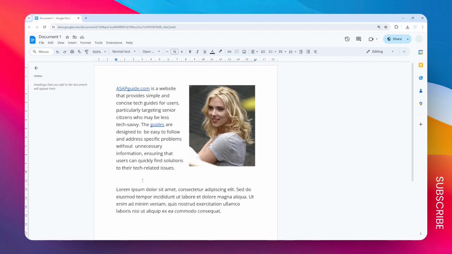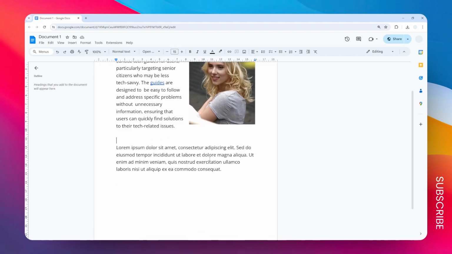This is the quickest way to change the line spacing in Google Docs. So basically, line spacing is the spacing between one line over another. So it could be the spacing between this line and this line. By default, the spacing in Google Docs is around 1.15 points, but you could increase or decrease it as